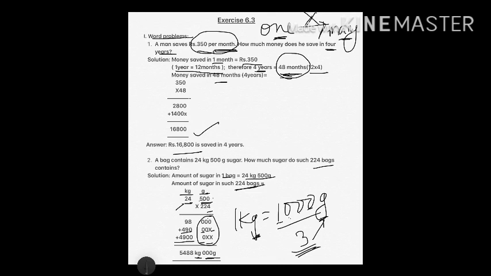Alright, the only thing I am telling you in this is that you have to separate the kg items here and gram items here, or gram digits here. Alright, so that later on you can easily put that these 3 numbers will represent gram and the remaining numbers, whatever addition you are going to get here, will be represented as kg. So the answer is 5488 kg and nothing is in 0.